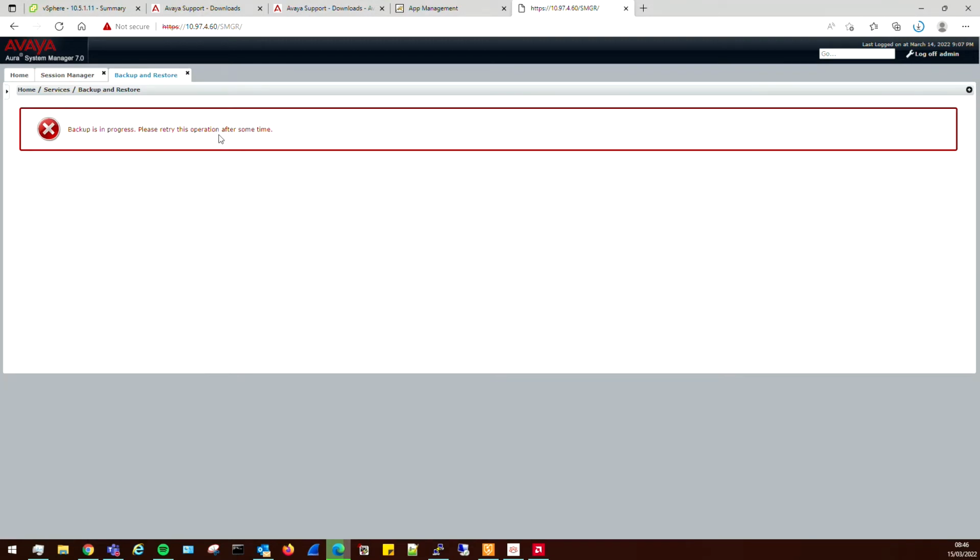You won't really be able to do an awful lot in here during the time the backup's taken, which I guess that makes sense. So we can leave that. So what we need to do now is we need to deploy ourselves a new system manager. And I actually need to